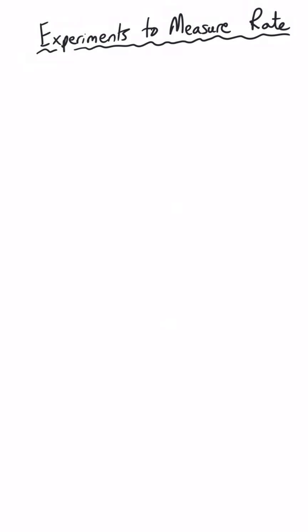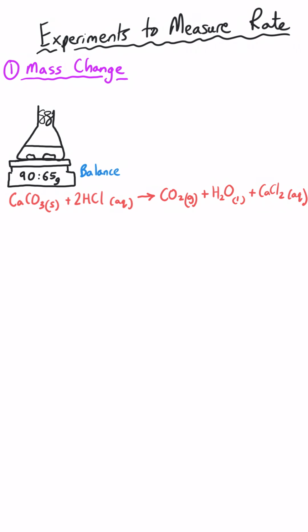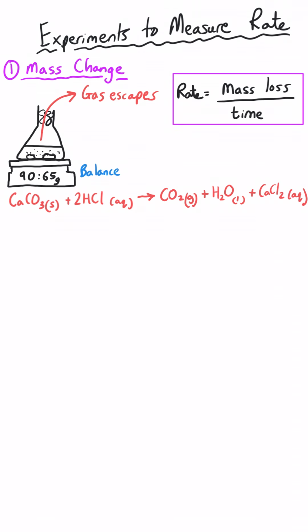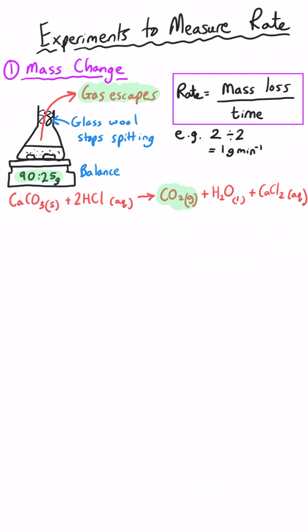I'm going to make a longer video about the required practical for kinetics, but to briefly illustrate the concepts here, if we are measuring a mass change, we might start with all of our chemicals on a balance, and we would over time record what that mass is as the reaction proceeds. And that mass is going to decrease because we're going to be producing, in this instance, carbon dioxide gas. And we can quantify this rate by, say, if our mass went down by 2 grams in 2 minutes, that is a decrease of 1 gram per minute. If we wanted it in seconds, we could do 2 grams divided by 120 seconds, and so that's 0.0167 grams